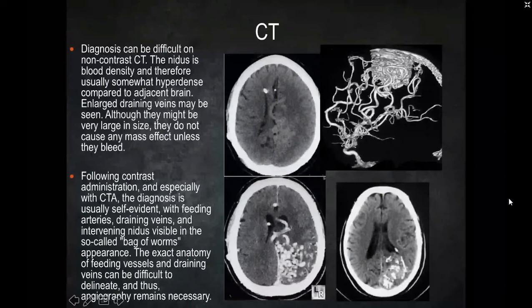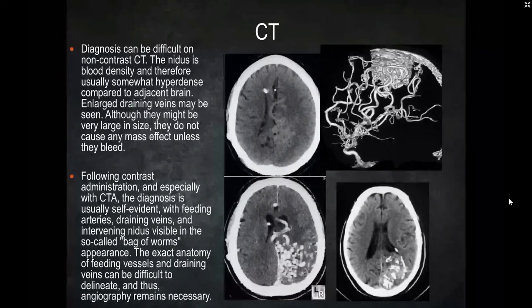The diagnosis on non-contrast CT here, the first image, is not so easy because you don't see the nidus. The nidus is a little bit higher in density compared to the surrounding brain, but you can observe some enlarged draining veins. Although they might be very large in size, they do not cause any mass effect unless they start to bleed. And after contrast administration, on the lower images, you can see better